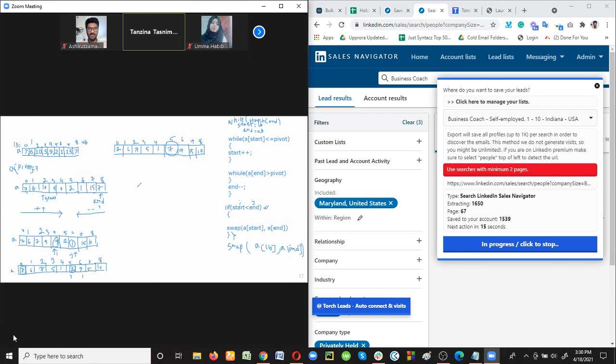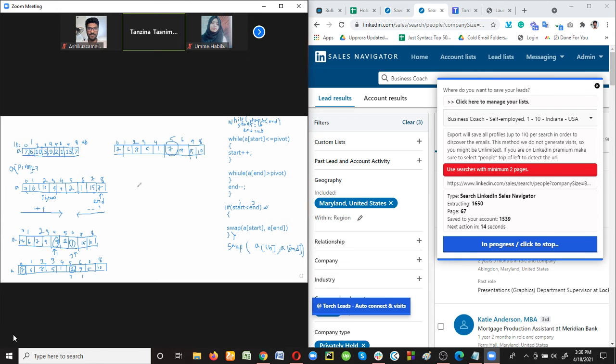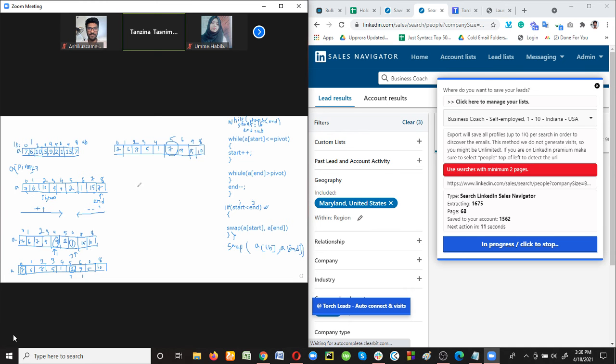Okay, so I'm repeating the process from the beginning. This is the quicksort algorithm, and we are going to use the divide and conquer method here. Every time we will select one element as the pivot element, and then we'll try to figure out the correct place for that element. How can we find the correct position? By dividing the array into two sub-arrays.